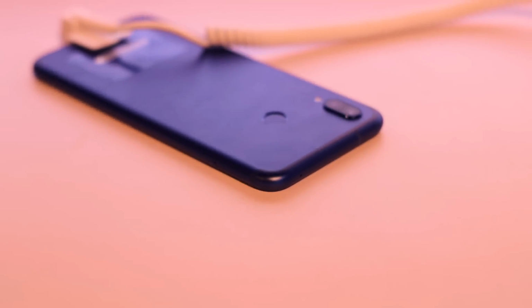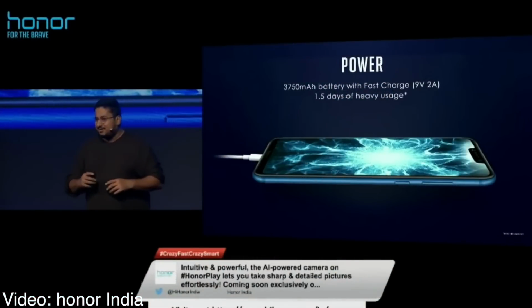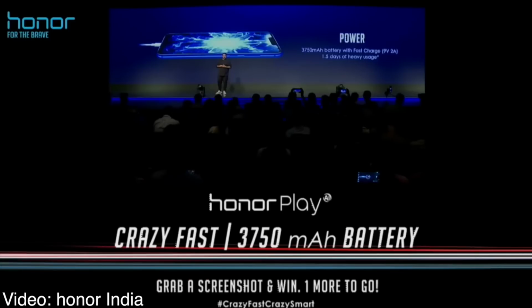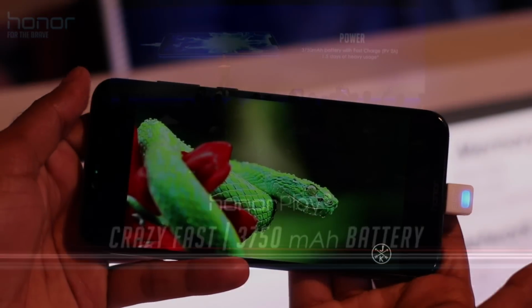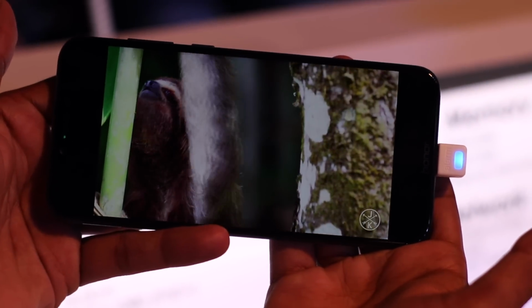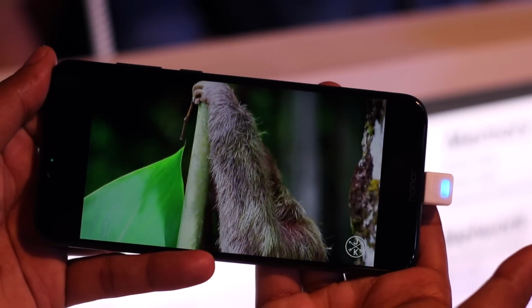Now moving to the battery side of things, guys. As you might already know, this smartphone is mainly focused on the gaming side of things, so battery life is very important. So they have given us a huge 3750 mAh battery, which allows heavy gaming, entertainment use and lots of other things. And I have to say it is going to have amazing battery life